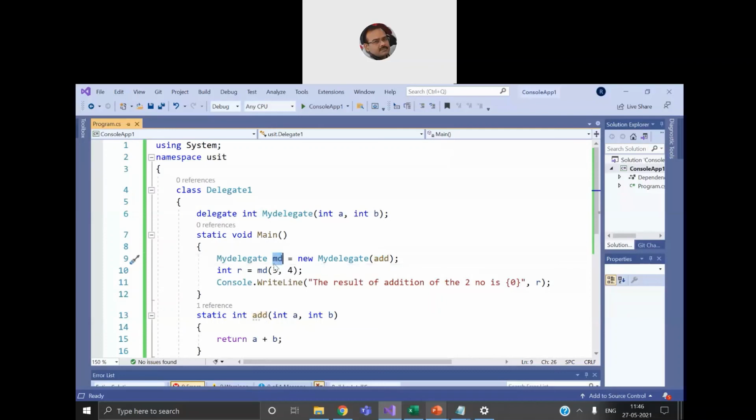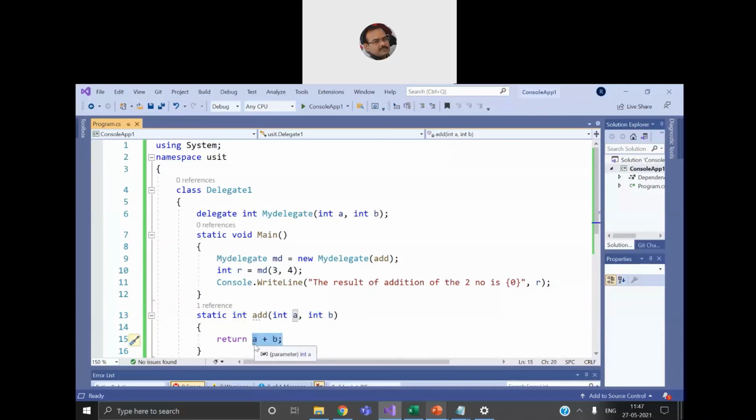Now using this md, we make a call to the function which is being pointed to by the md, and that is the add function. So we pass the values here, 3, 4. Now the add function will trigger and it will receive both the values 3 and 4, add them up and return it back. Right?